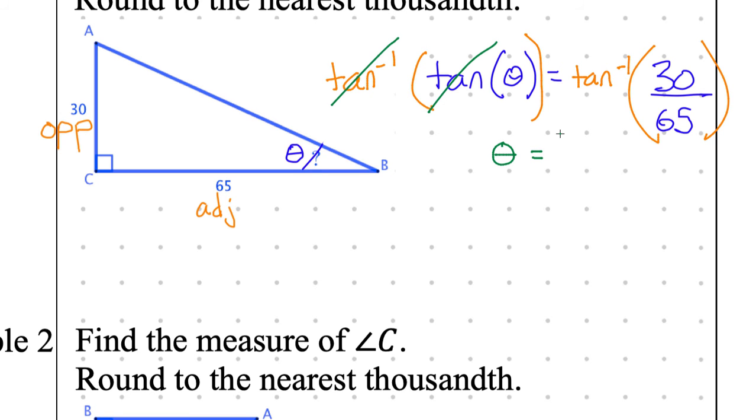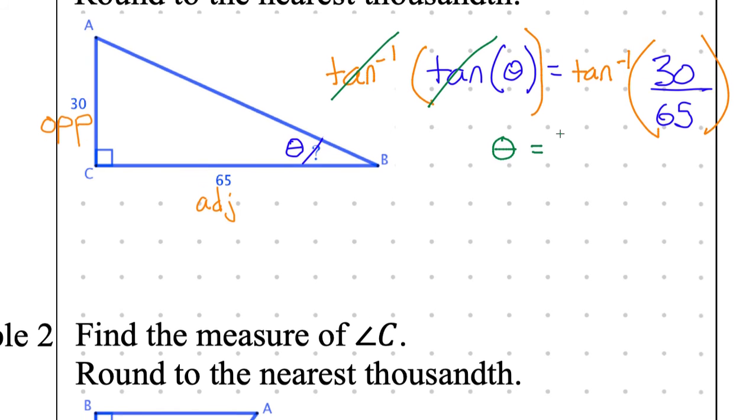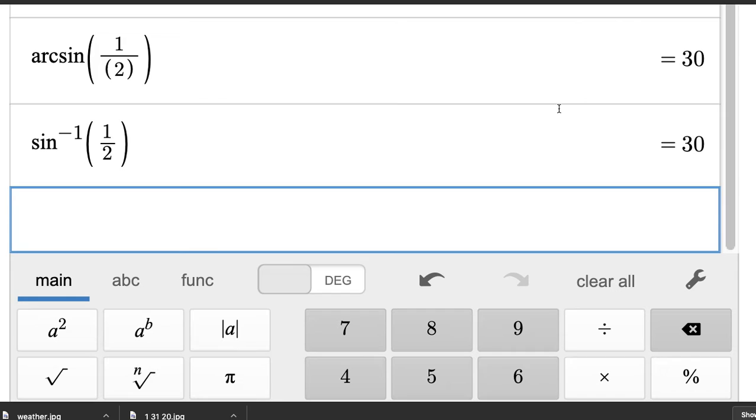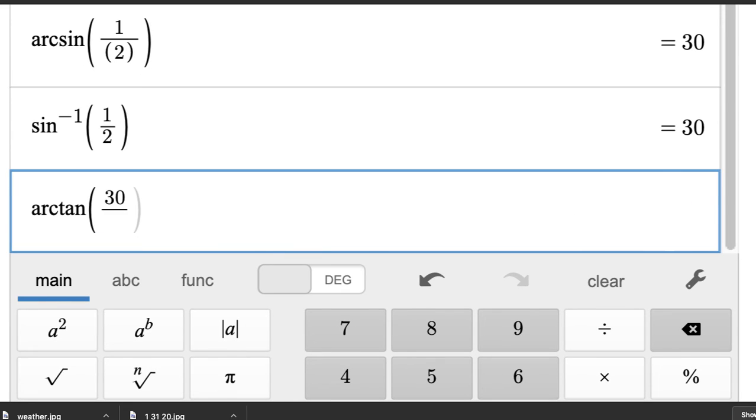So I'm going to go ahead and type this in for us, and then on example 2, you're going to use your own calculator. By the way, the reason that I like using this notation is because this is what your calculator says. Your calculator has tiny buttons, and it doesn't have the space to write out arc tangent, or even arctan. It's quicker and shorter to have the tangent to the power of -1. So that's the reason that I do it. It matches the calculator. So if I come back over here, arc tangent of 30 over 65,